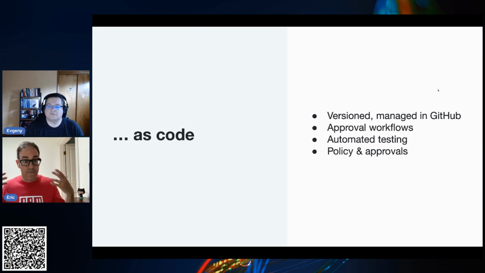So configuration is typically done in files, versioned and managed in GitHub, just the way application code might be. Approval workflows, managed in GitHub with a pull request and all of the attendant workflows that might be working through there. And of course, as we're going to do today for demonstration purposes, we're going to be using GitHub Actions. There are great ways to build in automated tests as part of that deployment, just as you would when managing your application code itself.